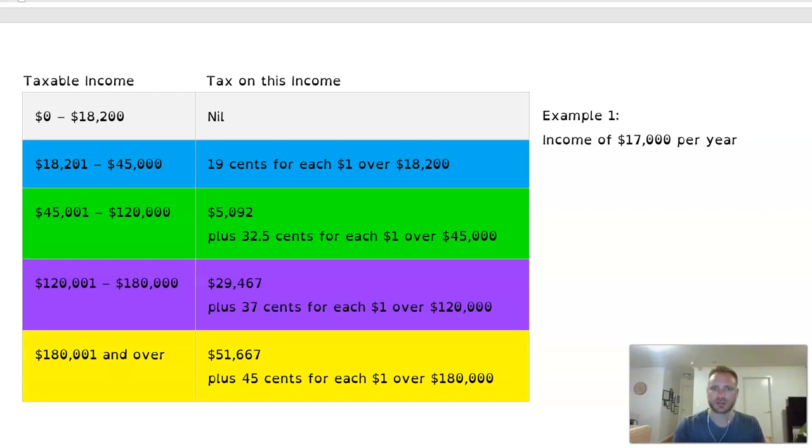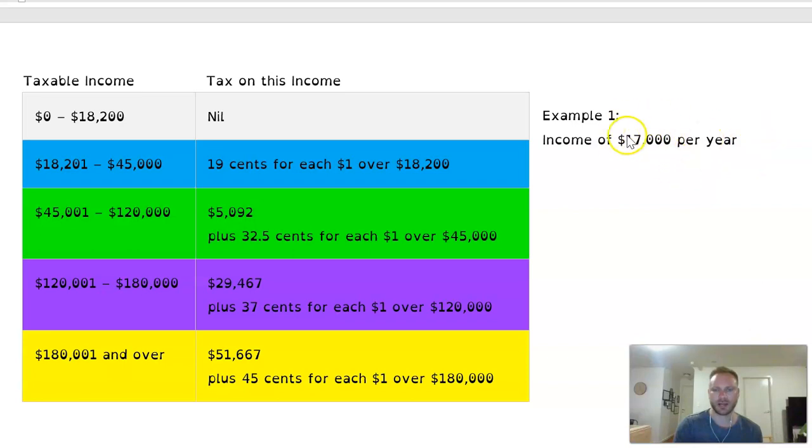What's up, everyone? So this video is on tax, and what you've got in front of you here are the current tax rates for Australia. That's based on 2020 to 2021. To run through each of these by giving an example, and the first example I've got on the right here